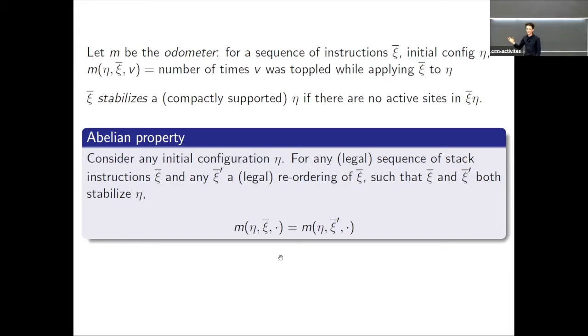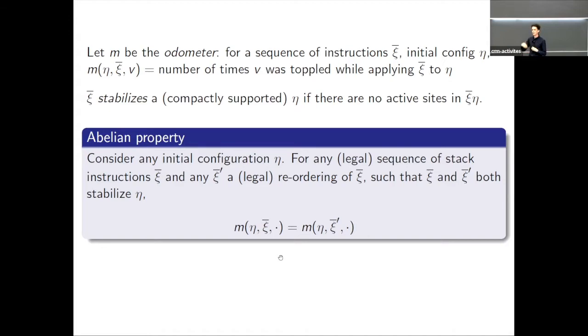Okay, so maybe this doesn't seem like a very powerful thing, or kind of like, why do I care? Why don't I just kind of pick an arbitrary one? Well, this is really the power of all the techniques we have right now for those results I showed you rely on some version of this. What they do is they find a really clever way to use the instructions that lets you say something. So I choose this very carefully designed toppling procedure. I'm going to topple these guys first, and then I'm going to, right? So this is a completely deterministic statement, but right, just some sequences of instructions, not randomly generated or anything, but